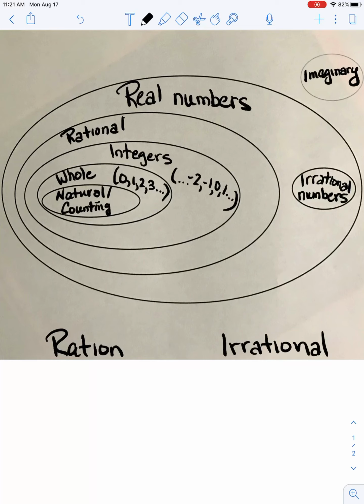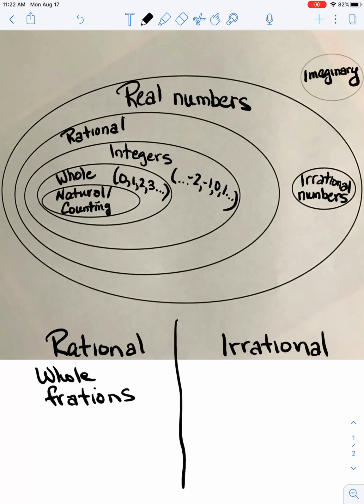Okay? In the real world outside of math, rational means not crazy, something that makes sense, something that's logical. And when we think of numbers, okay, we can think, rational, well, it has the word ratio in it. That deals with the fraction aspect. But rational numbers are things we can understand. They're not too crazy, right? Well, what fits into that? Whole numbers, right? Fractions. Anything that's written as a fraction.